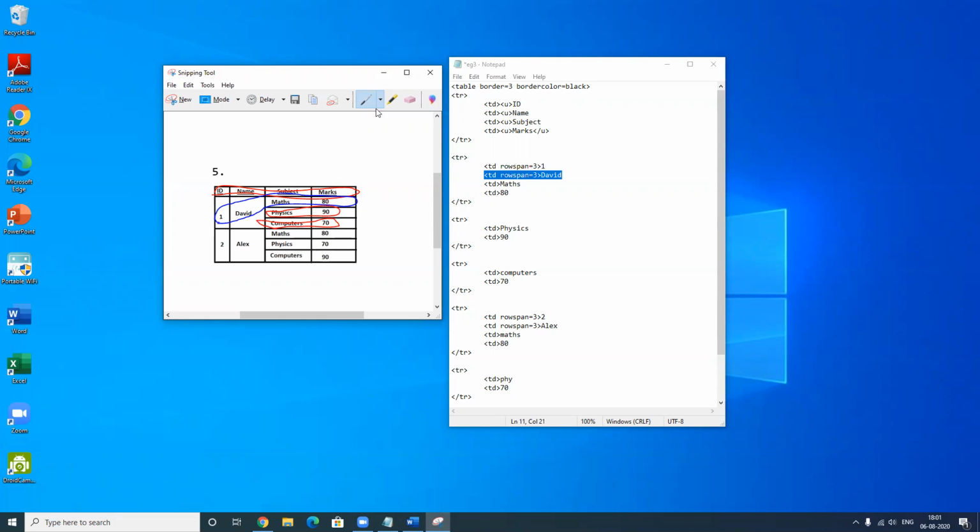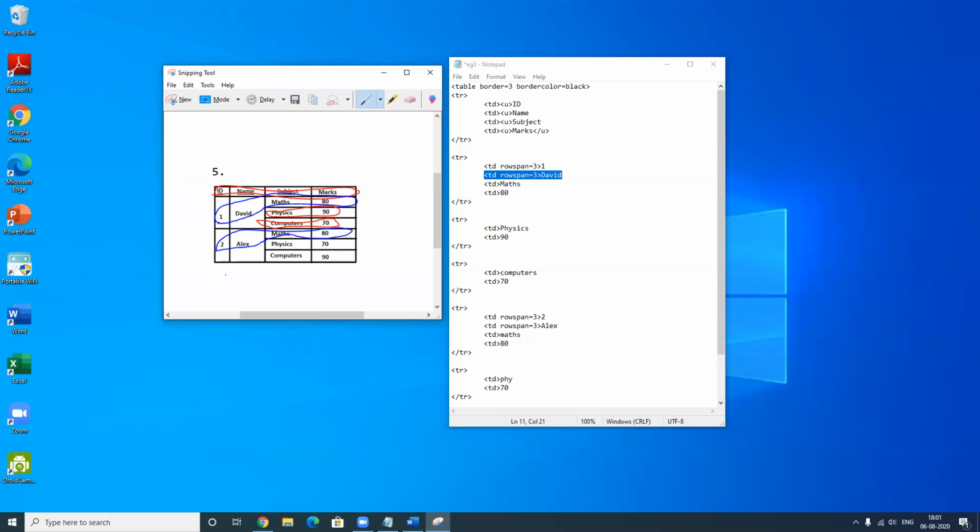Now when I start with the next TR, children, in the next TR the 2 that is written is again merged or written on 3 rows. So my next TR is number 2. Sorry, Alex will also come in between. Okay? So number 2, Alex, maths and 80. These 4 TDs will be made for our next row.